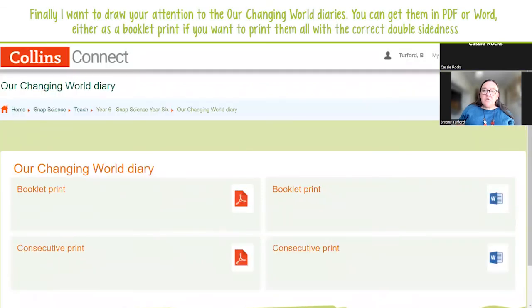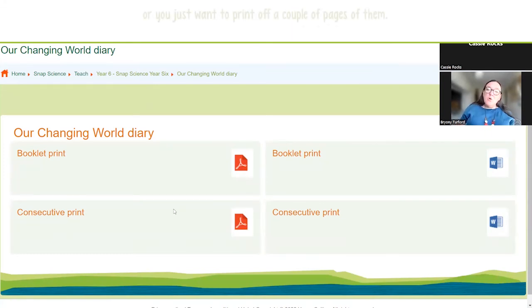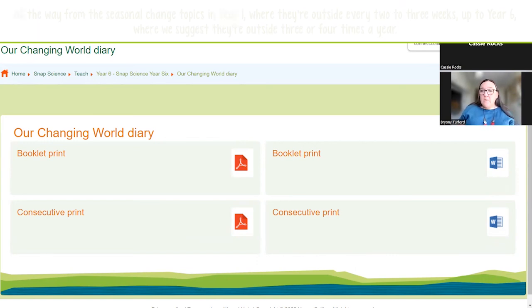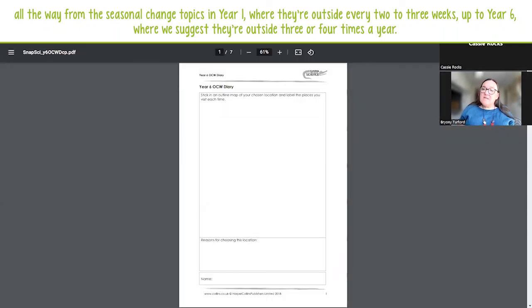And finally, I want to draw your attention to the Our Changing World diaries. You can get them in PDF or Word, either as a booklet print, if you want to actually print them all the correct double-sidedness, or you just want to print off a couple of pages of them. Again, I've taken the Year 6 one. We have one of these for every year group. So we really, through using SNAP, encourage children to go outside and spend at least one lesson outside on a very regular basis throughout, all the way from the seasonal change topics in Year 1, where they're outside every 2 to 3 weeks, and then all the way up to Year 6, where we're suggesting there's perhaps 3 or 4